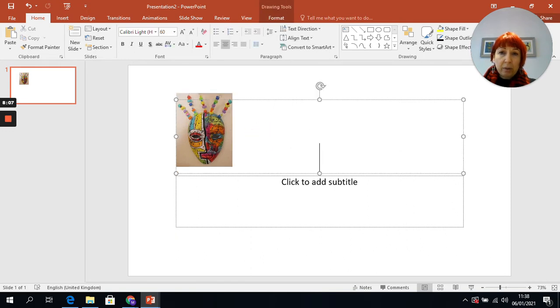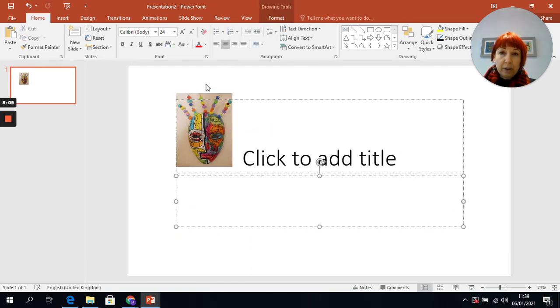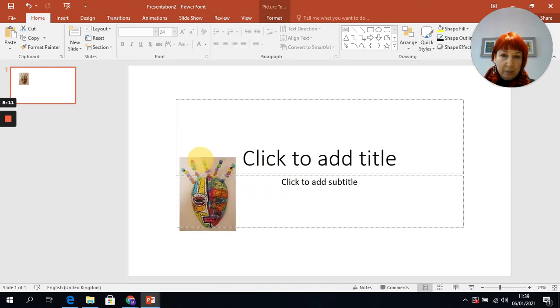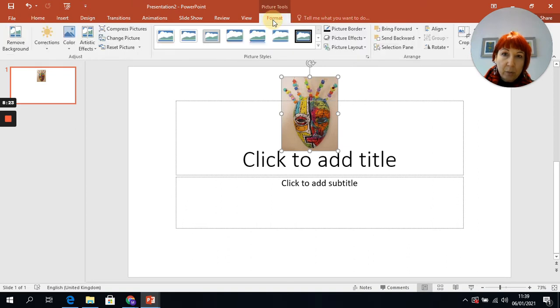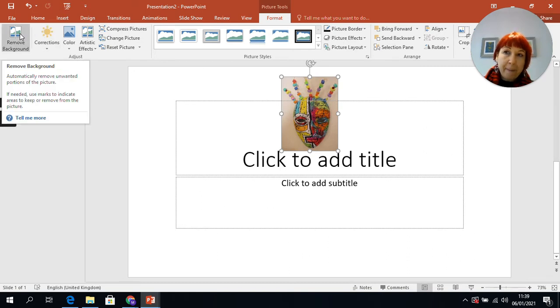Now, in order to remove that background, I'm just going to move the image so we can see, there we go, we need to actually highlight it. So now you can see it's highlighted because the little circles have appeared around the edges. And you should be able to go to Format. If you don't highlight the image, when you go to Format, you won't be able to remove the background. So I've gone to Format, and as you can see, there comes the Remove Background tool. I click on Remove Background,